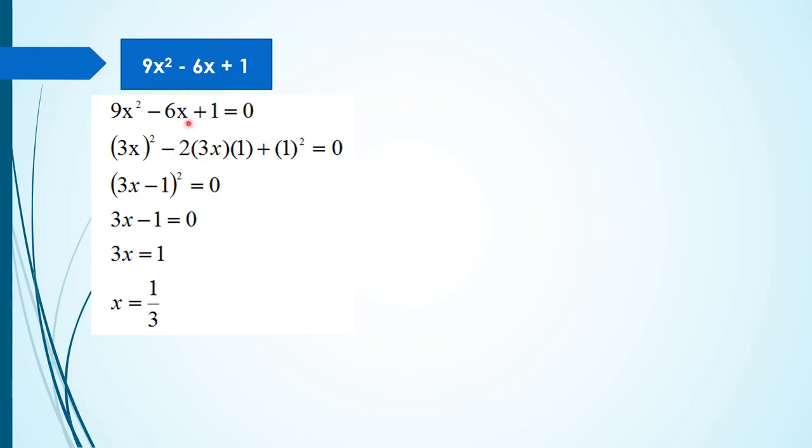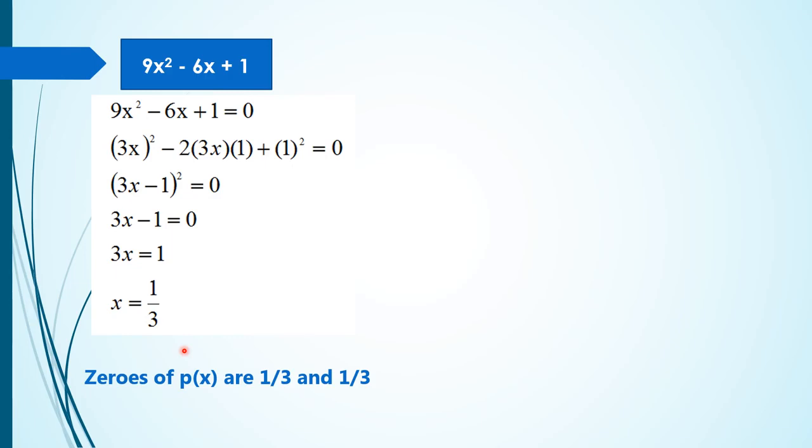It exactly coincides. Therefore this equation can be written like this, which looks like a square minus 2ab plus b square. I can apply the algebraic identity a minus b whole square. That's why 3x minus 1 whole square is equal to 0. Therefore 3x minus 1 is equal to 0. 3x is equal to, take it to the right side, becomes plus 1, x is equal to 1 by 3. Here you may think that this has only one zero. Yes, it has two zeros, but both the zeros coincide. Therefore the zeros of the polynomial here are 1 by 3 and 1 by 3, both are equal in this case.